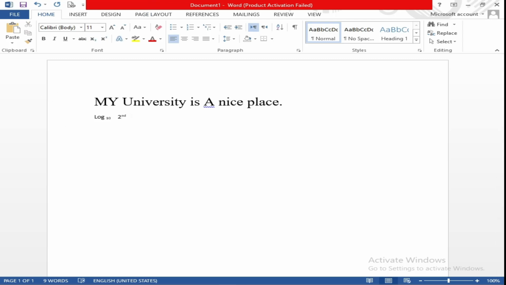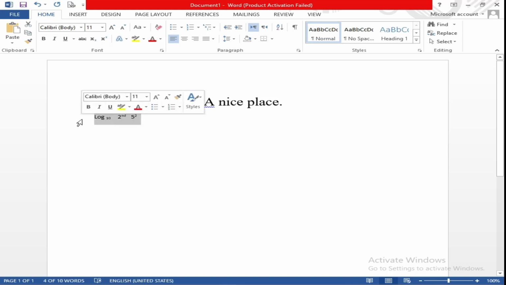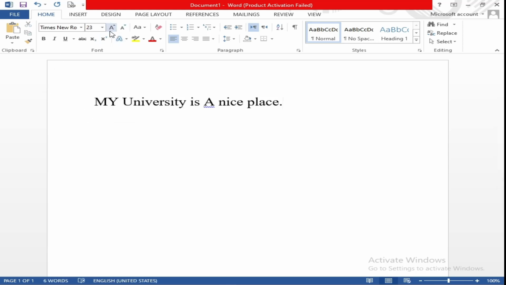But if you want to write, for example, 5 square, you can simply select the 2 while holding shift and pressing the arrow keys. And after that, when you click on this, it will automatically shift the power to the up, and in this way you can use these tools.